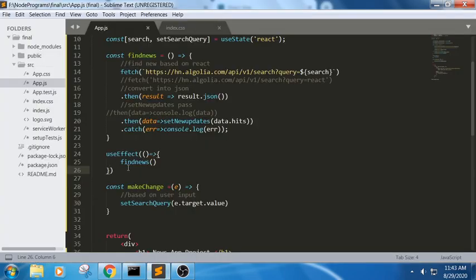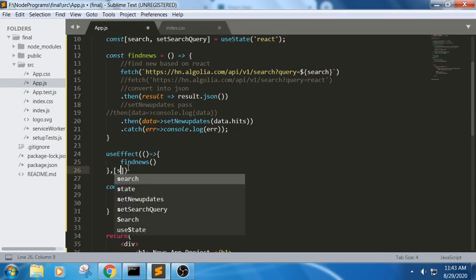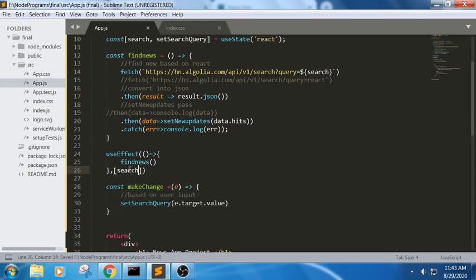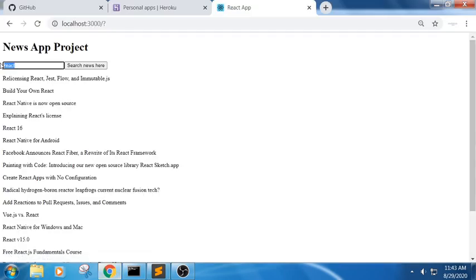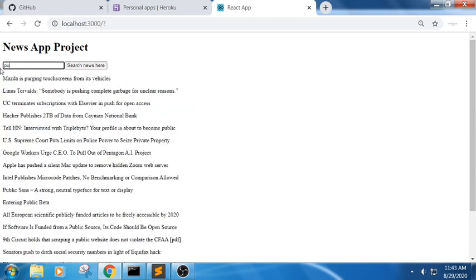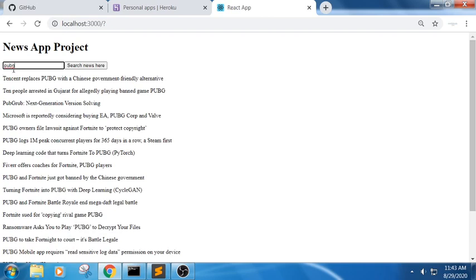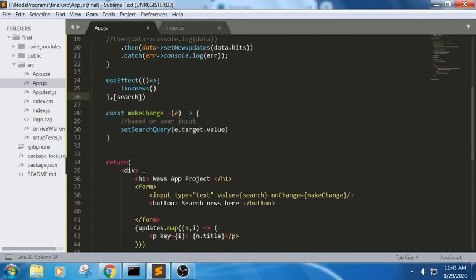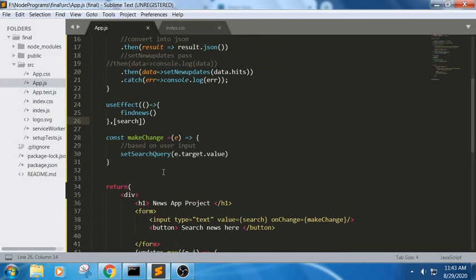So instead of this, we are trying to pass the value search. When I write TikTok here, it is trying to get the same thing. When I write PUBG here, it is getting the same output. So if you can see here, whenever I'm trying to write, it is trying to change the values here. But how can I write the code so that when I click on that button, sorry, that button, we have a button here, only when the user clicks on that button should we be able to change some value?